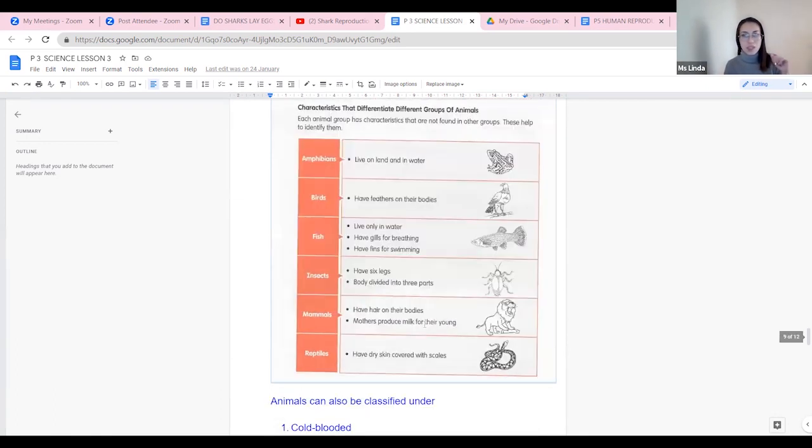Okay, so again, another group, 6 different types. Amphibians, they are the ones with the reptilian scales and everything. They can be found on both land and water. Birds with feathers. Fish with their scales, they have gills and fins for swimming. And your insects with only 6 legs with 3